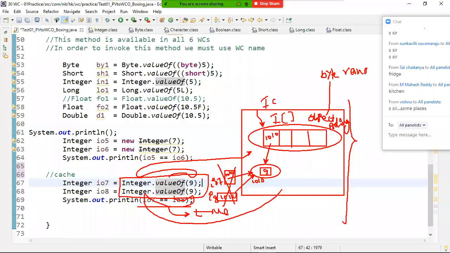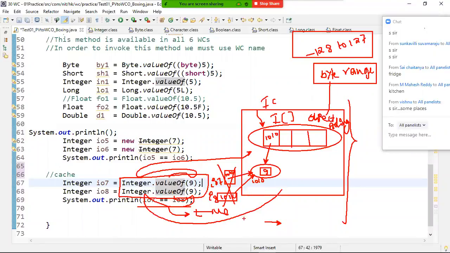Up to byte range integers. What is the meaning of byte range integers? If the argument integer value is between -128 to 127, then only object pooling is applied. So inside the valueOf method, the first condition is that the value is between the byte range -128 to 127. Then only it goes and checks the object pooling. If the value is not in the byte range, it directly creates a new object and returns that object reference to us. Is it added to the pool or not? Not added to the pool, directly returned to us. Are you catching my point? Right. Now let us try to understand the next question.